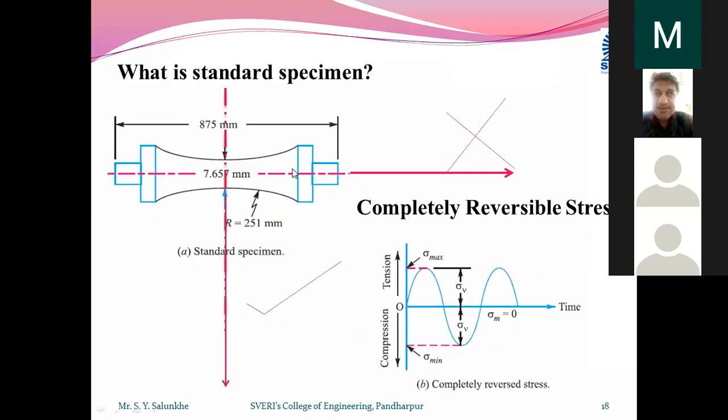Here you can see the specimen, which has been accepted by ASME, the American Society of Mechanical Engineers. And this specimen can be used for any material. Suppose we are going to use some alloy of steel and we want to calculate the endurance limit of that alloy steel, then first of all,